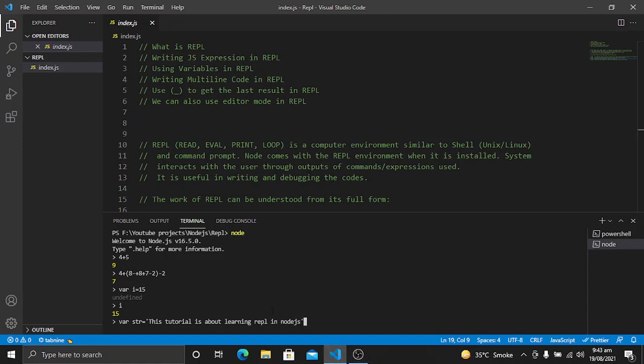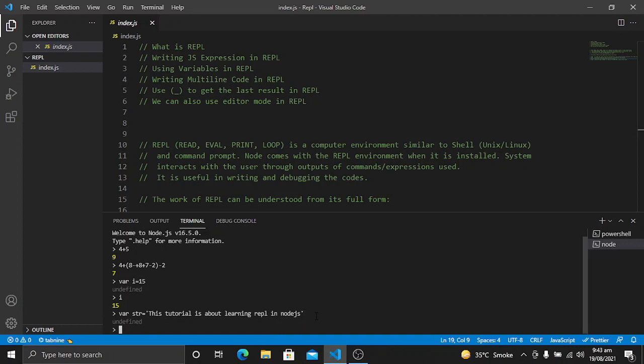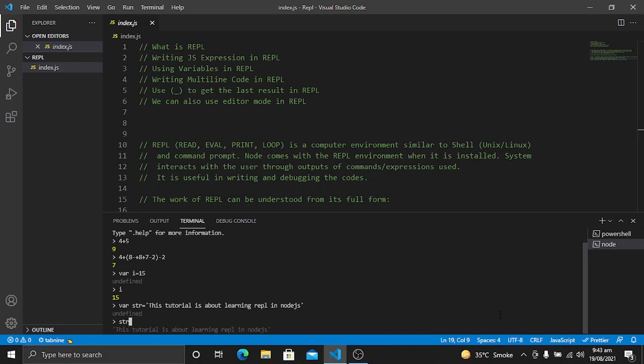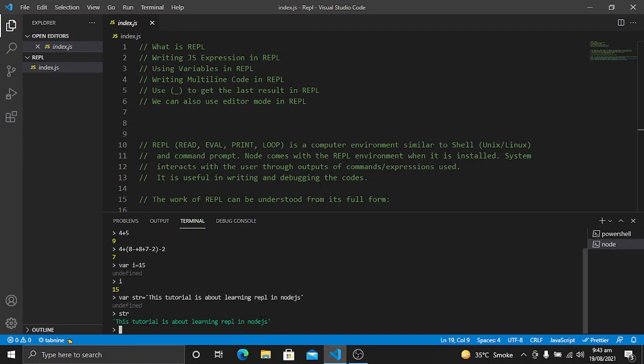So this string has been stored in this variable. Now if I use this variable and hit enter, you will get the value that has been stored in it. So this tutorial is about learning REPL in Node.js.